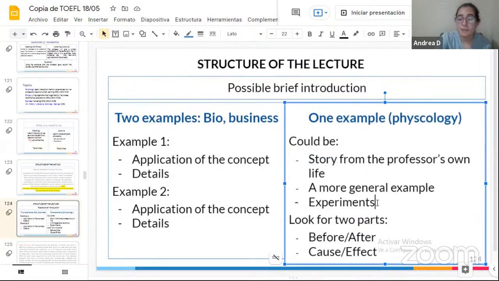Or it could also be an experiment. That's not very common, but I have seen some. So things like you have a group of people, you're collecting some samples, something's proving another thing. So the biggest piece of advice I could give you when you have one example, which is very common to have